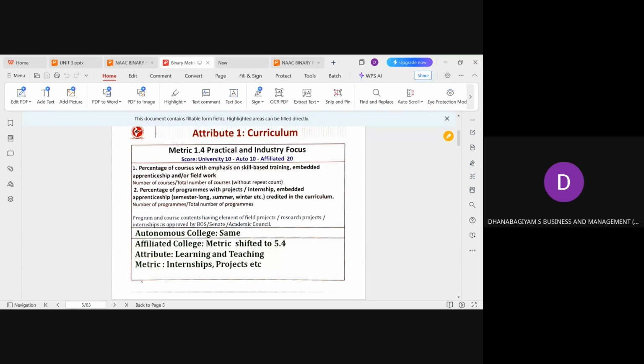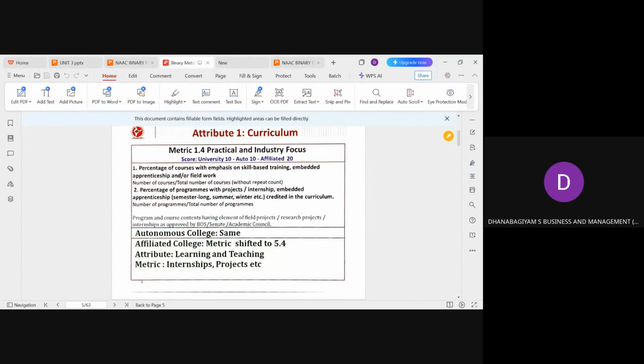And we can give internship training in the second year or the third year, and more field trips can be taken. For example, if we have the supply chain management syllabus, why can't we take the students on a field visit, at least for 10 days, or even for an internship for a period of one month? What practical exposure and practical knowledge do they gain at the industry level? After coming back to the institution, their placement becomes very easy.